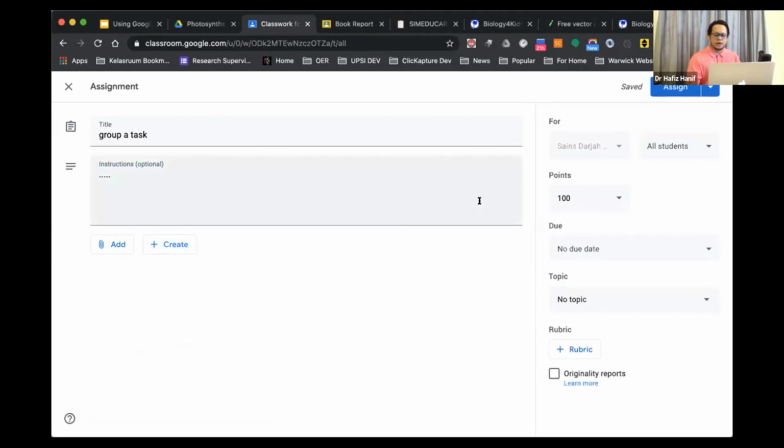One thing that you also need to notice is the "For" section. By default, it's going to be defaulted to this particular classroom, your classroom, Science Darjah 5 Amanah. And there is an option by default, it says all students. But if you click on the drop down menu, the caret button here, you can actually unclick all students. So if you have 30 students or 40 students,